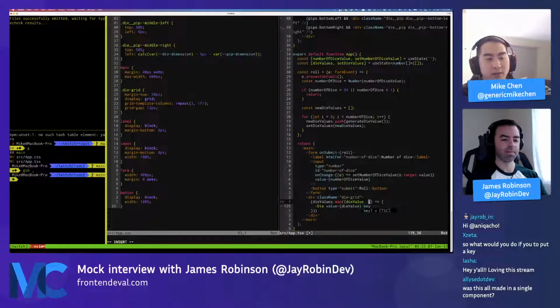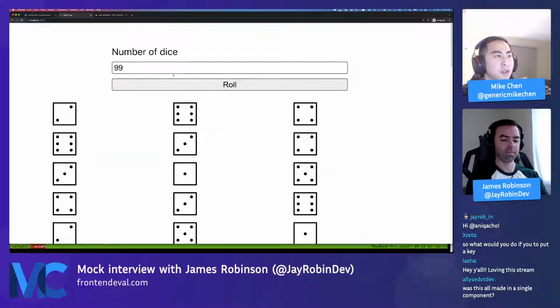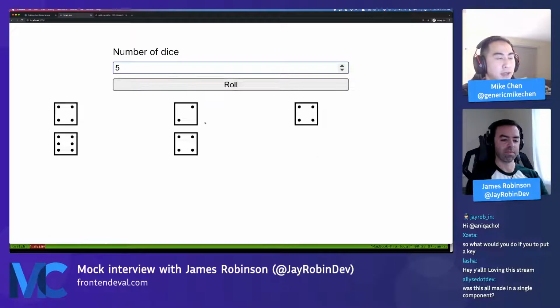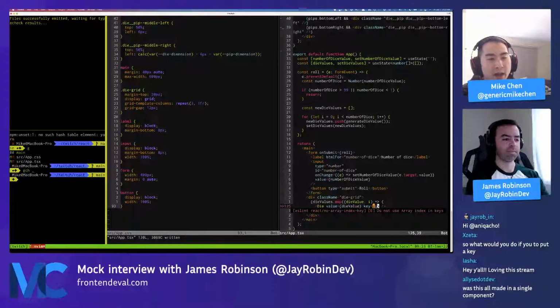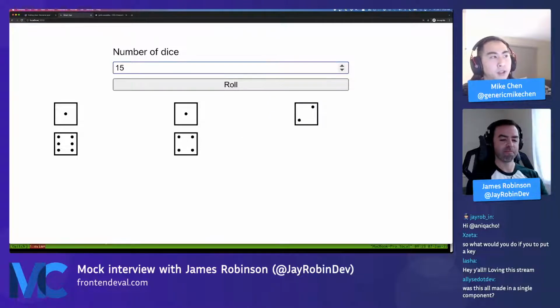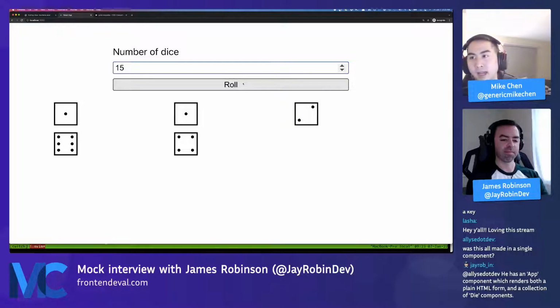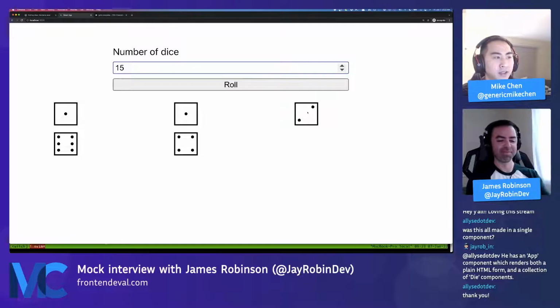This is a tricky React thing that I think even a lot of more advanced people don't know. When you map over die values, and then on another render React maps over die values again, if the key is the same, React won't re-render this component. It will just leave it the same. And what you're seeing here is that if I add another 10 dice to this grid, the first five have the same key as before, because I'm just using the index of the array. So this die has a key of 0, this die has a key of 1, this die has a key of 2, etc. And if you re-roll, then you won't see